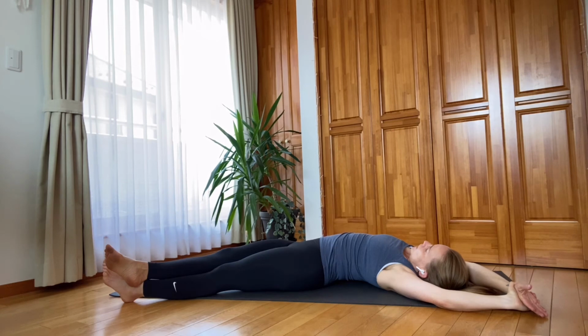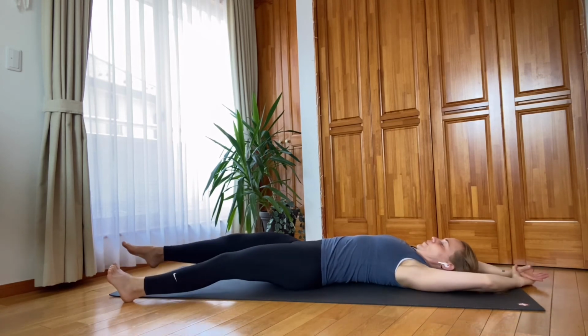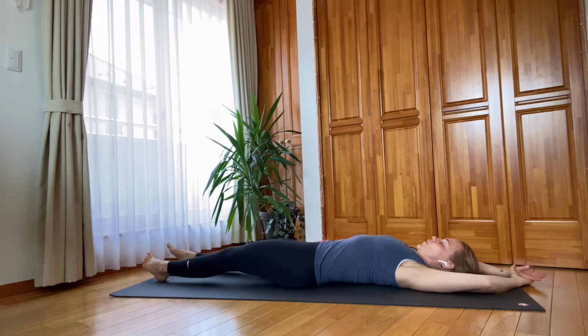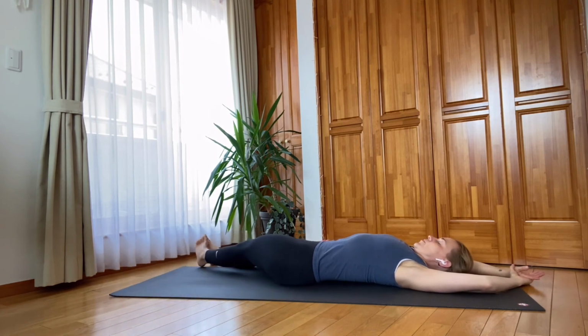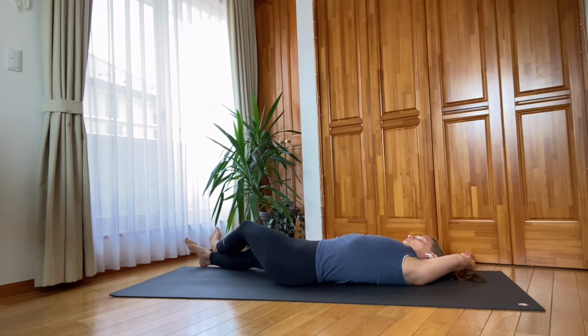And release. Come back through center. Go straight off to the right. So walk your feet off to the right side. Keep your hips and your shoulders grounded. And then walk your upper body over to the right as well, maybe holding on again to the wrist or crossing your right ankle on top of your left so that you can